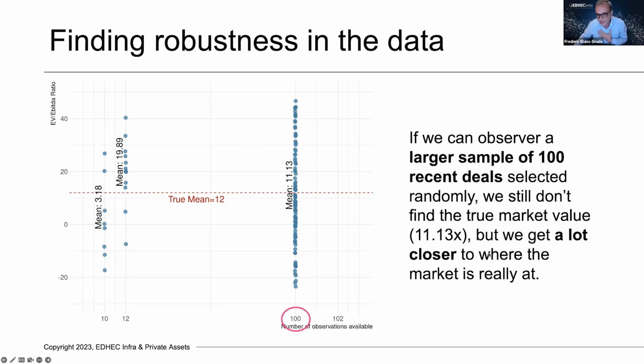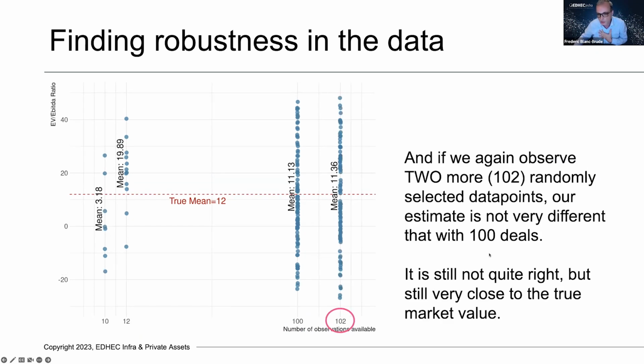And what happens if I add 2 more data points? I get 102. Well, I get pretty much the same thing. I'm a little bit off still, a little bit closer actually to 12, but it's still pretty close, right? So it doesn't really make a big difference to have 2 more data points. The point here is